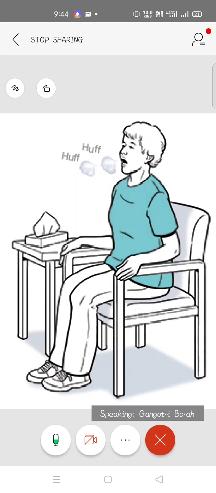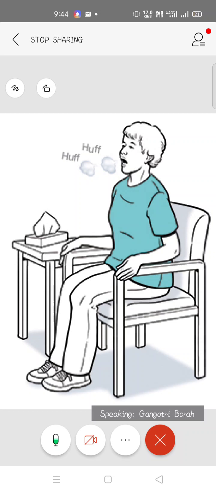Then the high volume huff, how will you do it? Here it is the opposite. You take a deep breath in and then you huff out quickly. You do it in the same way as if you were trying to steam up a mirror, but you do it very quickly, not in a slow or deeper way. Clear? The medium volume huff helps to move secretion from your lower airways, and the high volume huff helps to clear secretions from your upper airways.